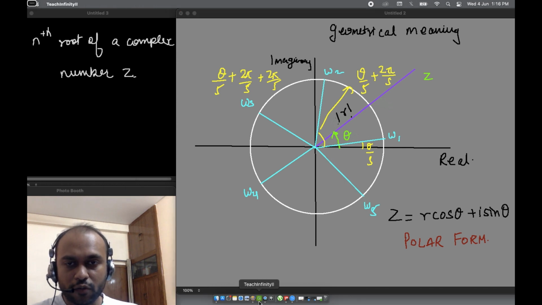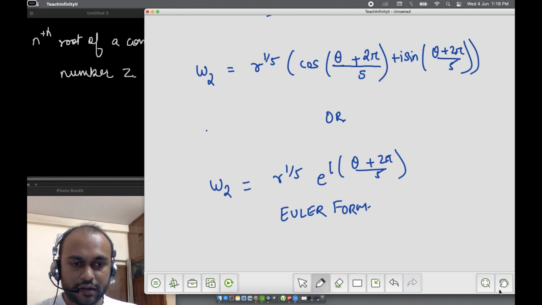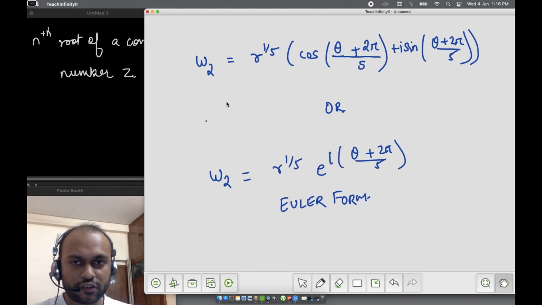Then comes the formula. The formula says that, yeah, this is just the interpretation. This is just the written form of W2, which is the polar form and the Euler form, right? So now if we come to the formula,